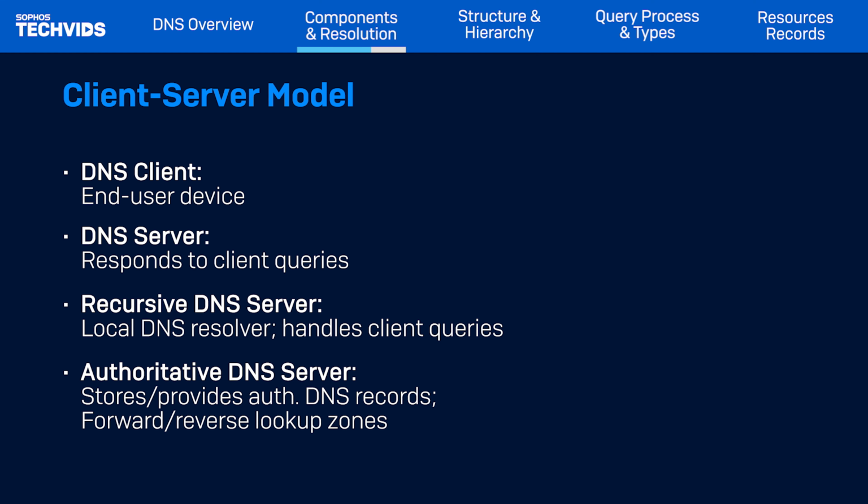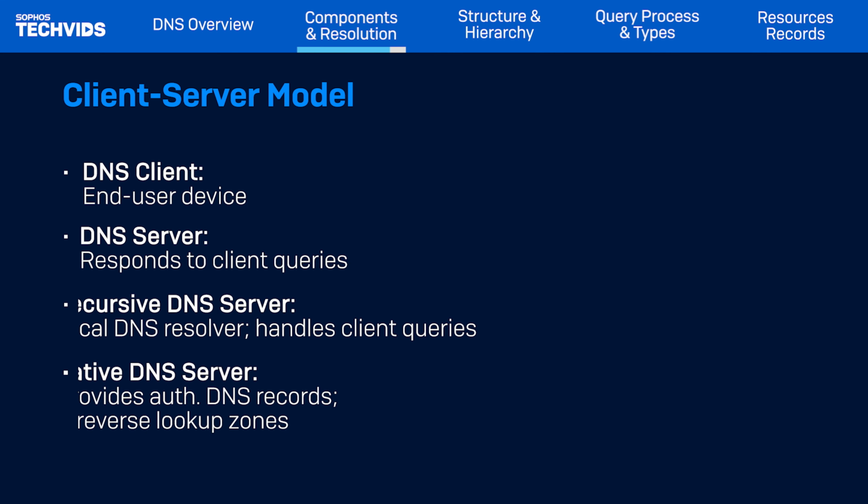Finally, there is the authoritative server, which is responsible for storing and providing authoritative DNS records for specific domains. Authoritative DNS servers are administered into different DNS zones and subsequently manage them. There are two types: forward lookup zones, which map names to IP addresses, and reverse lookup zones, which map IP addresses to names.